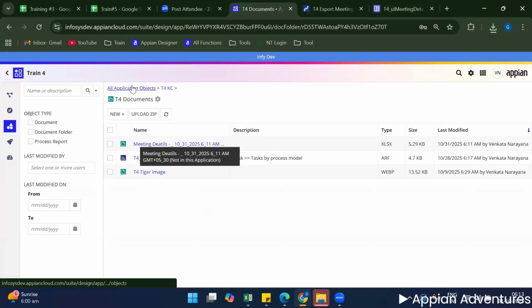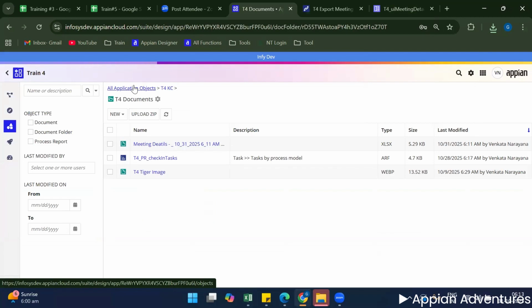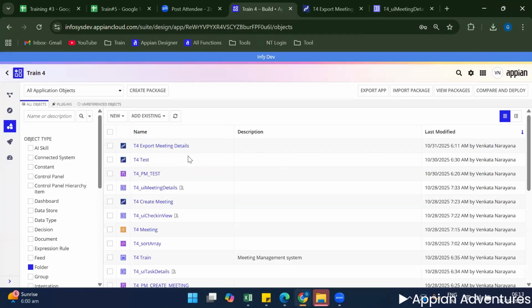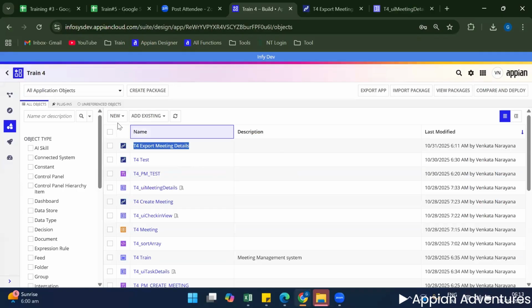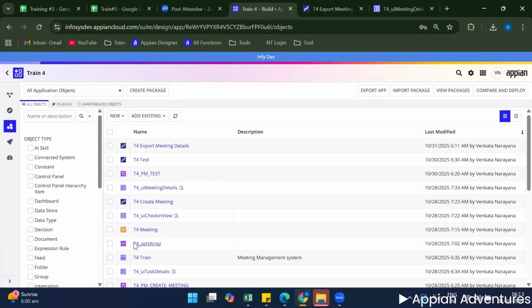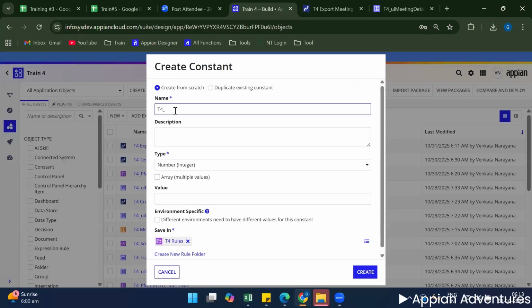For performing this action, we have to trigger the process model from the front end. How will we trigger it? Using the start process function. Using the start process function, we can trigger this process model, right? So for triggering the process model through the start process function, we need to configure this process model under the constant object. For this, I'm quickly creating T4 PM underscore export